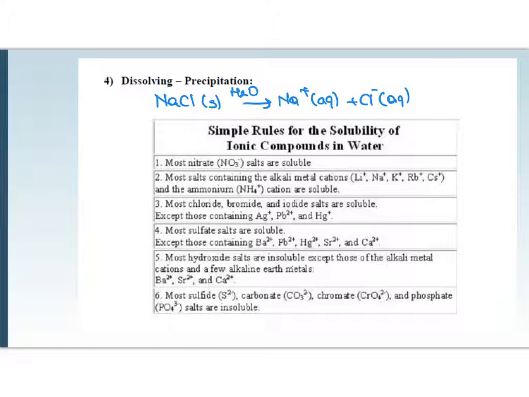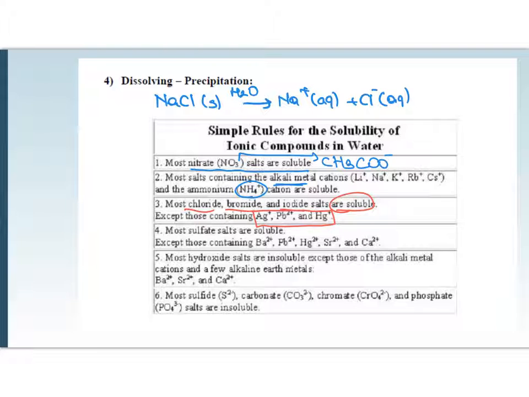know the solubility rules. For example, most nitrate salts are soluble in water. They do not give a precipitation reaction. The salts that contain alkali metals and ammonium are also really soluble in water. Not only nitrate, but if the salt contains acetate ion, this gives the salt a really high solubility. Most chlorides, bromides and iodides are soluble, but if they are combined with metals like silver, lead and